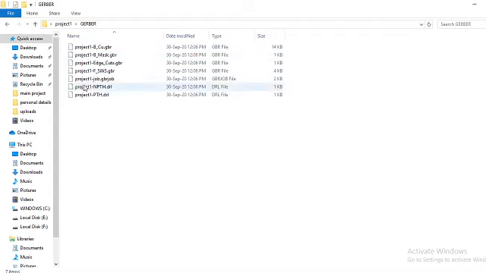In this folder we can see the schematic files as well as the drill files also. So now our design is completed and we can send these files to our manufacturer. Then they will generate a PCB board for you.